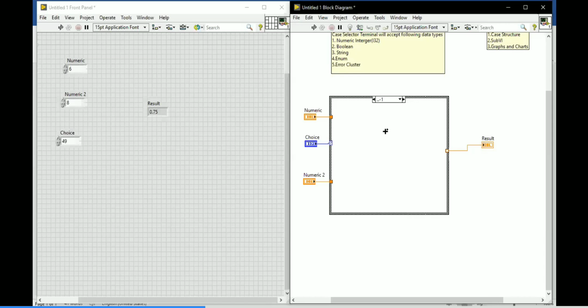Why I am not giving dot minus 4 is because 3, 2, 1, 0 will already be available. If you make that, you will end up with a broken runner. So I am going for dot minus 1, meaning less than or equal to minus 1. Even if it is minus 1, it will execute this case, or any value less than that, minus 2, minus 3. For those values also, this case will be executed. Like this you can define in your case structure.